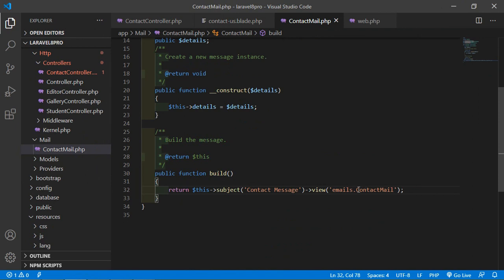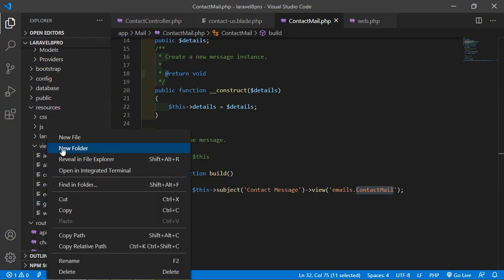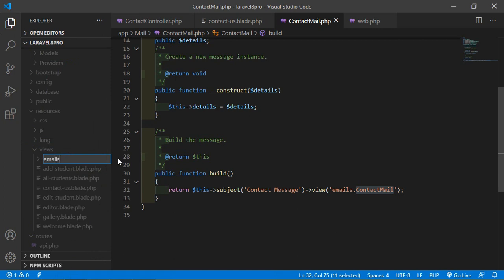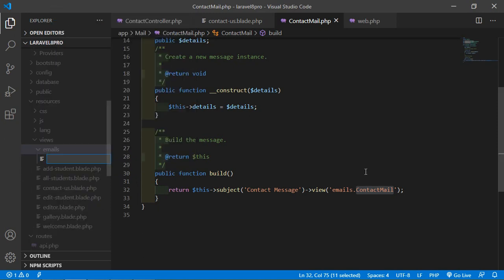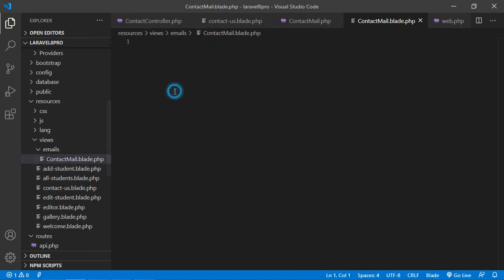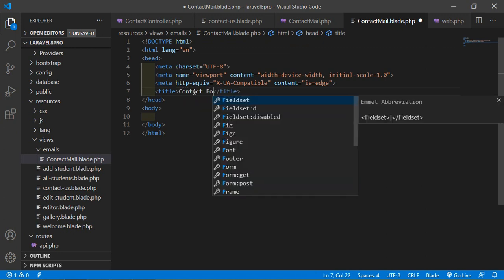And now let's create this view. So go inside the resources, then views, and here let's create a new folder emails, and inside this emails let's create a new file, contact-mail.blade.php. All right, now add here the HTML5 boilerplate. So just write here exclamation sign and press tab. Add the title. Let's say title is Contact Form.